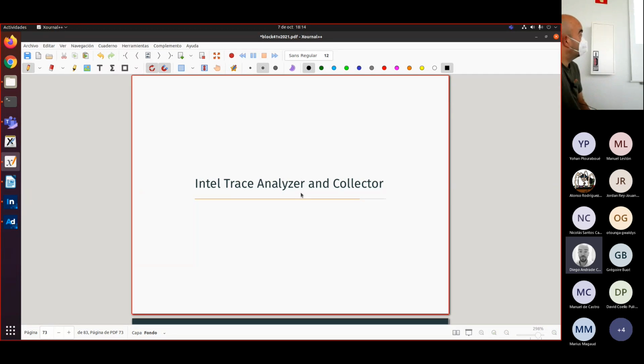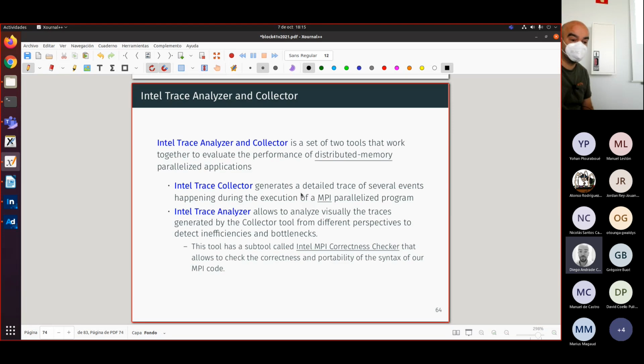As I told you at the beginning of the class, this is the tool that you are supposed to use when you are programming in distributed memory environments, and actually it is especially indicated when you are programming with MPI, and is very focused on MPI. So if in parallel programming you are now with the MPI part, I believe that this tool can be very